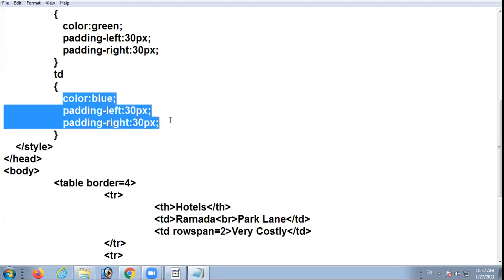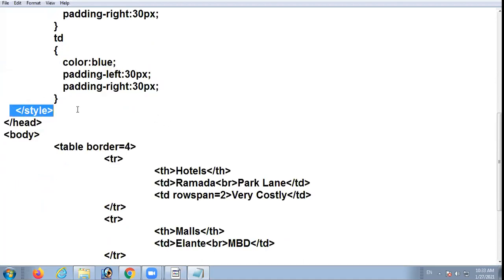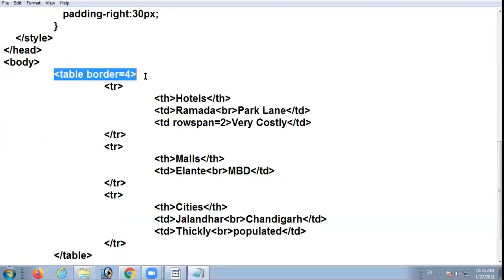So these are the properties which I apply to the TD. You can apply some more properties of your choice. I have taken these properties. If you want more formatting, from your own side you can incorporate other properties also as per your choice. Okay? Now here you close the style tag. अभी हम सिर्फ CSS की प्रॉपर्टी सेट कर रहे हैं. Right now I haven't started the coding. Now here I start my actual coding.